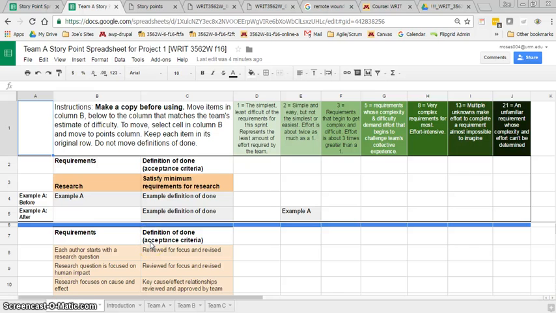The purpose of this spreadsheet is for you as a team to agree on the relative difficulty or complexity of each of the requirements. So we're not talking about tasks, we're talking about requirements. For example, each author starts with a research question. And so the question for the team is, based on your team as a whole, would you say that the task of, or the requirement of